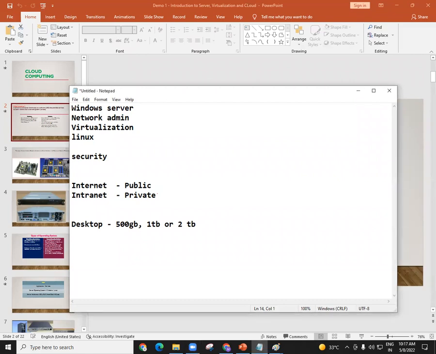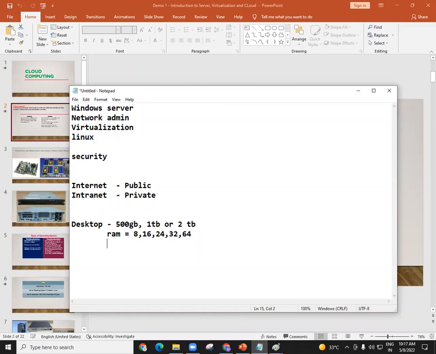Okay, fine. If you go with RAM, how much GB RAM do we use normally? Okay, let's go with like 8 GB. Nowadays, 8 GB is the minimum that we have to take, or we can go with 16 GB, or we can go with 24 GB, 32 GB, even 64 GB is possible. So that much GB RAM we have to take.